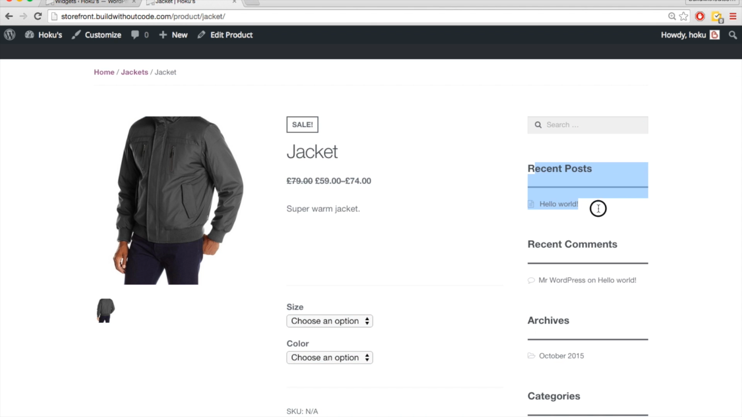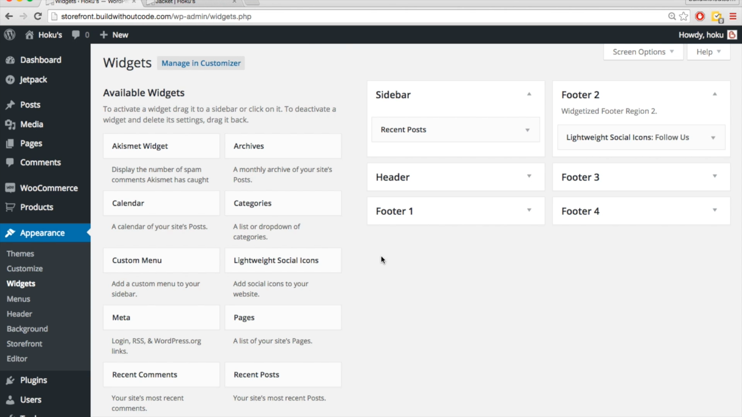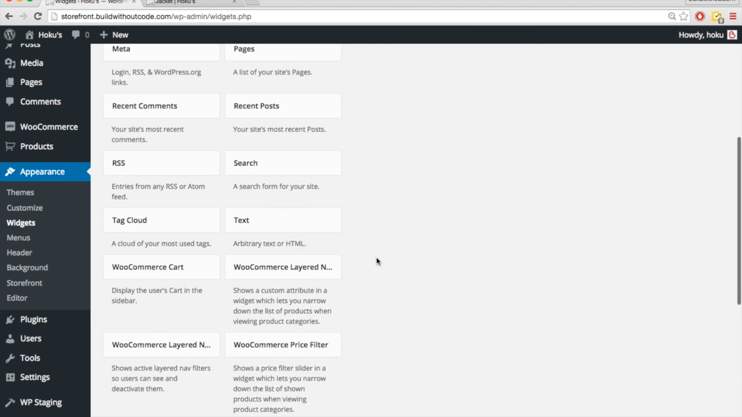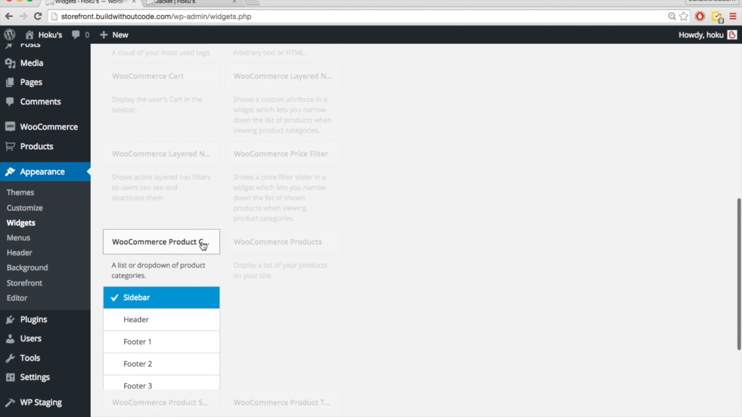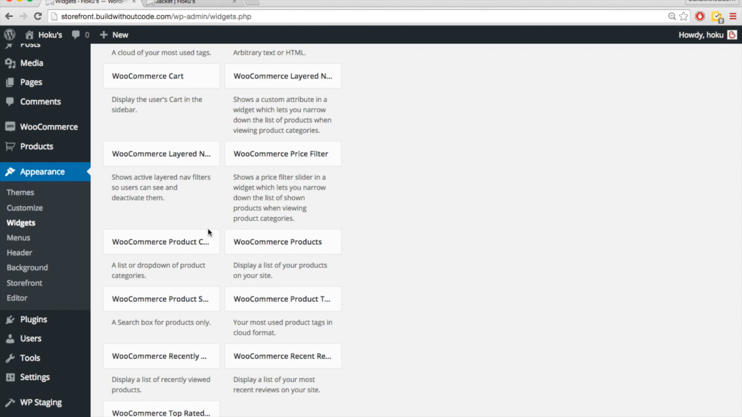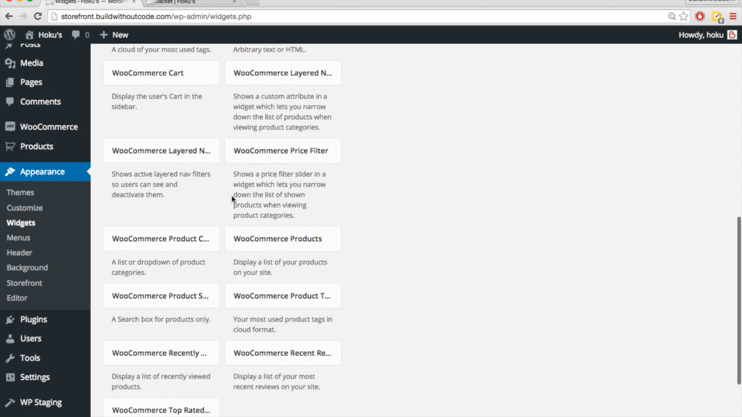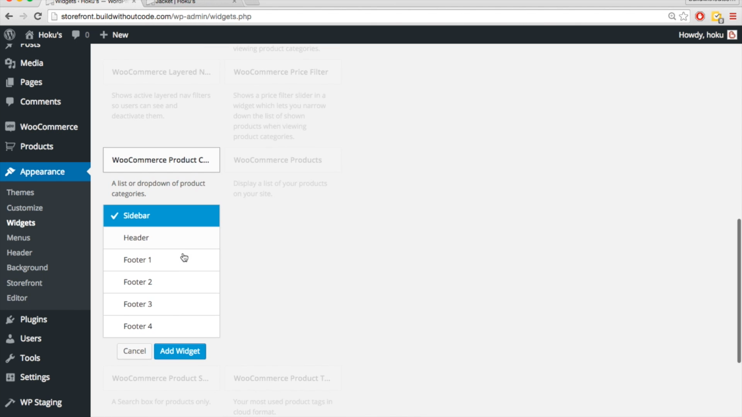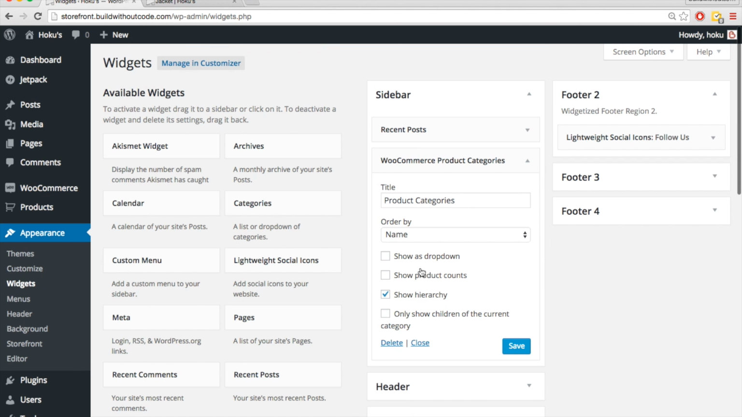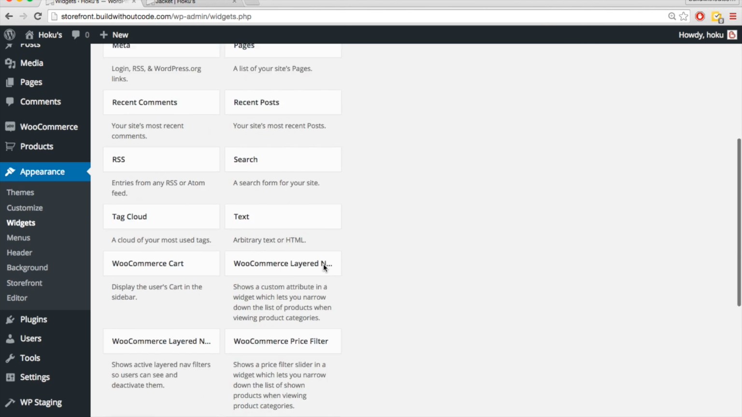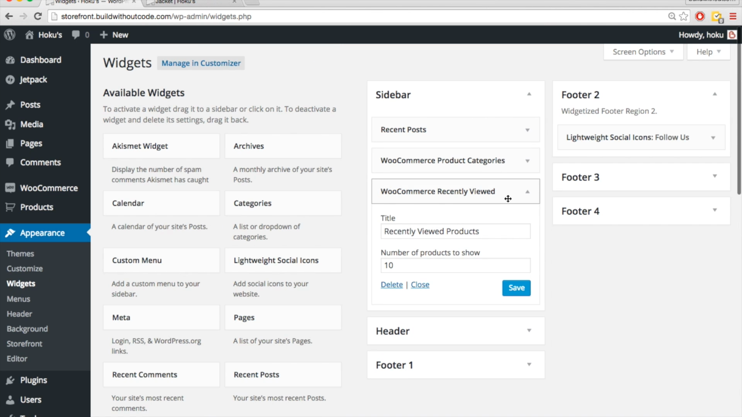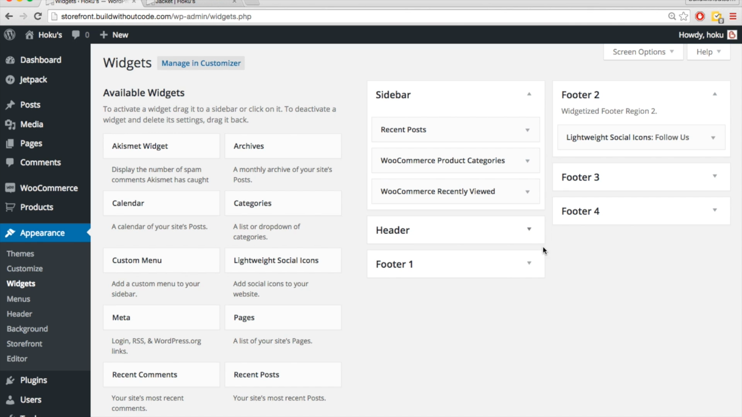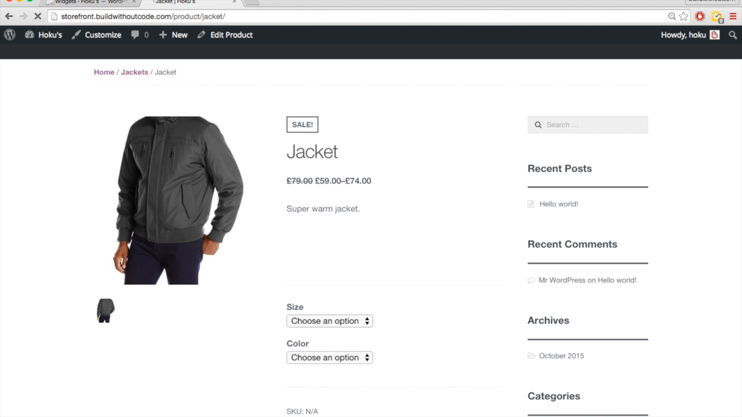Just showing you this recent posts widget because this site will have a blog. And then I'm going to add two other widgets. I'm going to add WooCommerce product categories, and instead of just dragging it, for times like right now where I'd have to drag it all the way back up there, you can also just click on it, choose the area, and then hit add widget, and there we go, added it, nice and easy. And then WooCommerce recently viewed, and this is just when they view products, it will show the products they've recently viewed. So now let's hit refresh,